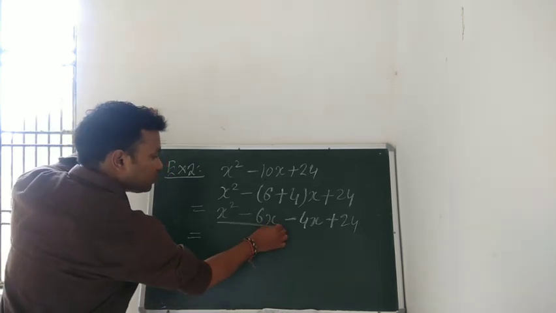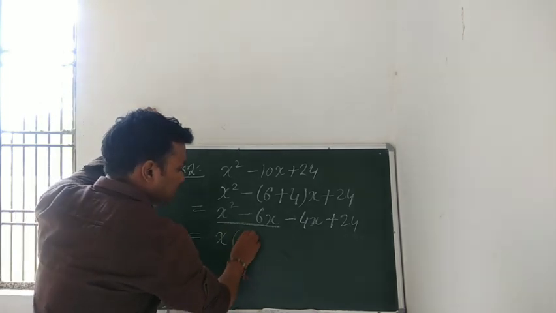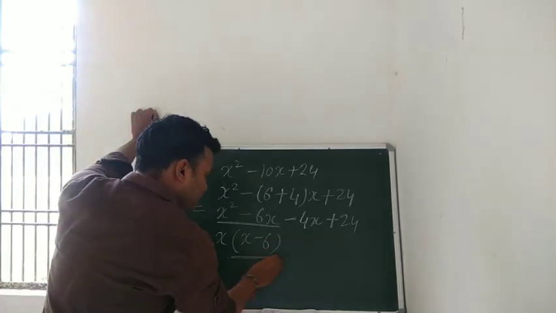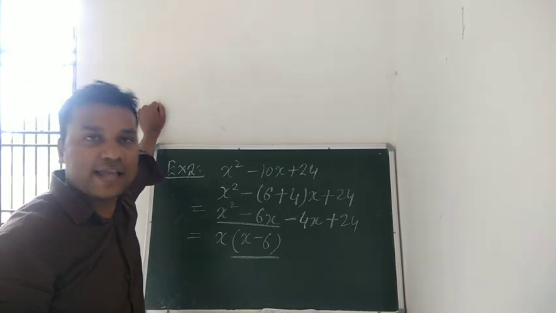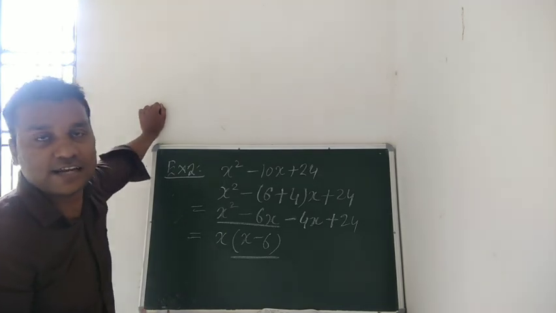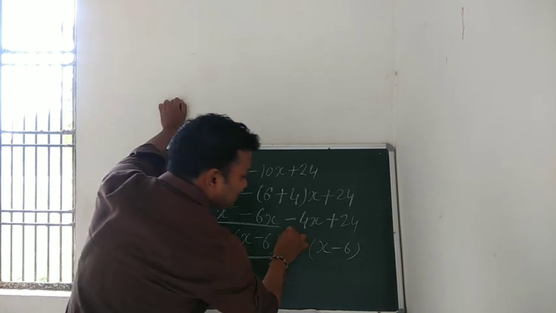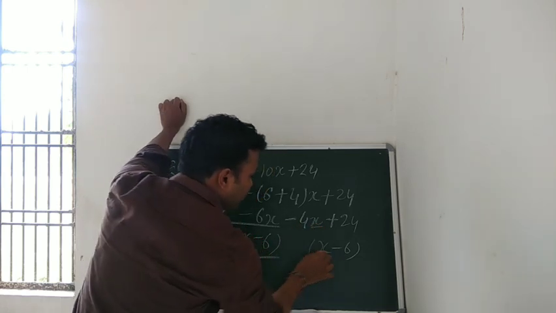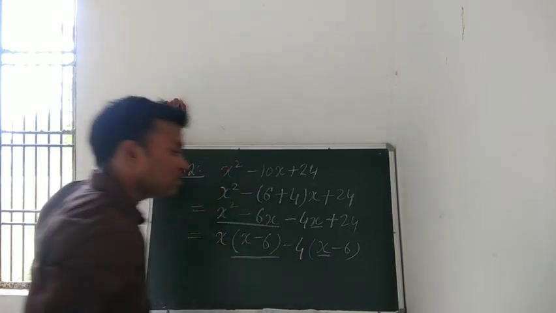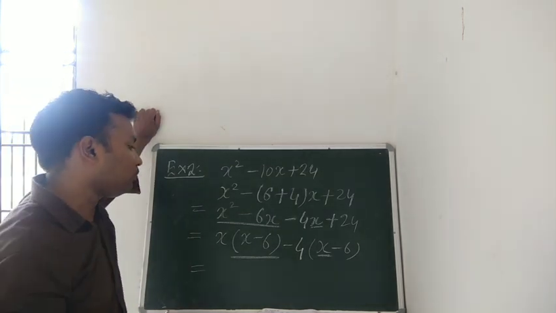So in the starting 2 terms you can see easily that x is common, so the rest of the terms, that is x and minus 6 from here, will be written inside the bracket. And we know very well that whatever we get as the first bracket, we always get that as the second bracket as well. So we'll write here x minus 6. Now students, in the third term we have written x and we have left minus and 4. So we'll write the left term, that is minus 4.